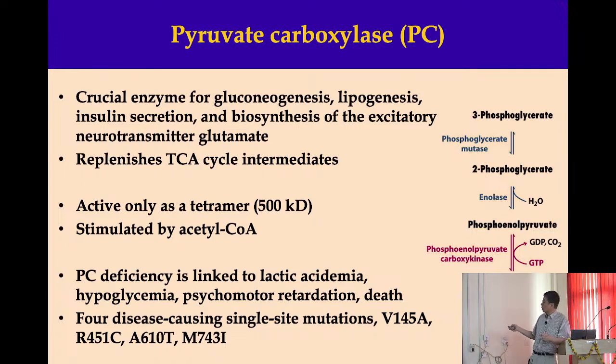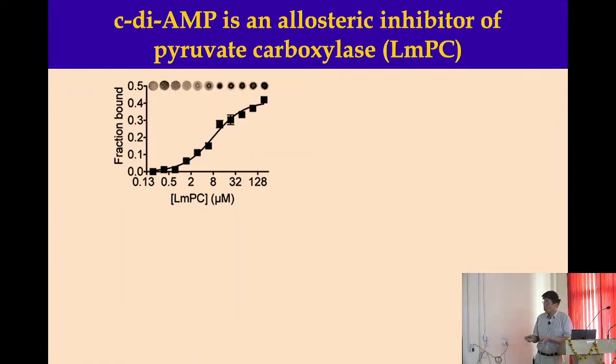So this is the gluconeogenesis pathway going from pyruvate up to essentially this compound that leads to glucose. What Josh did is use purified Listeria enzyme, I think we purified it and sent it to him. He has a binding assay. And here's the binding curve. Based on that, you can get the KD, about 8 micromolar or so, roughly at half height of this.